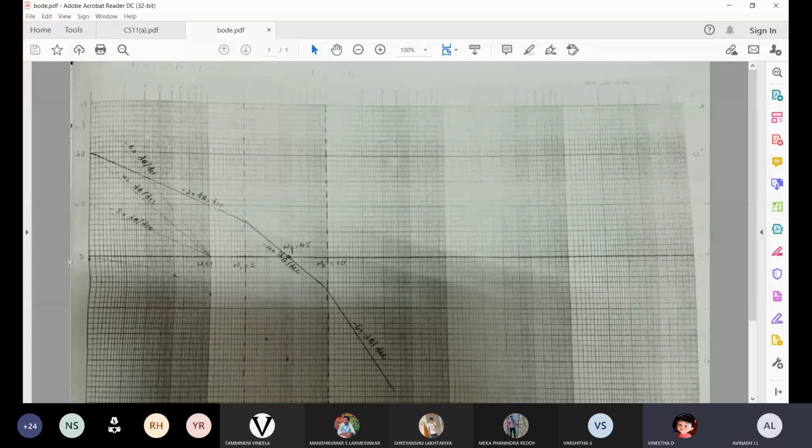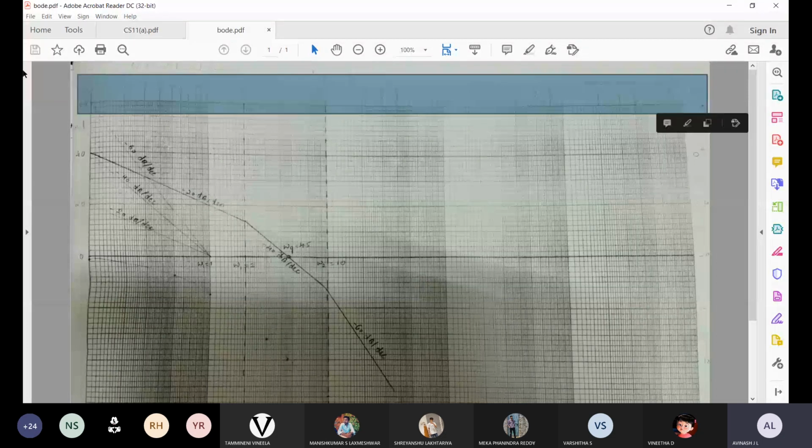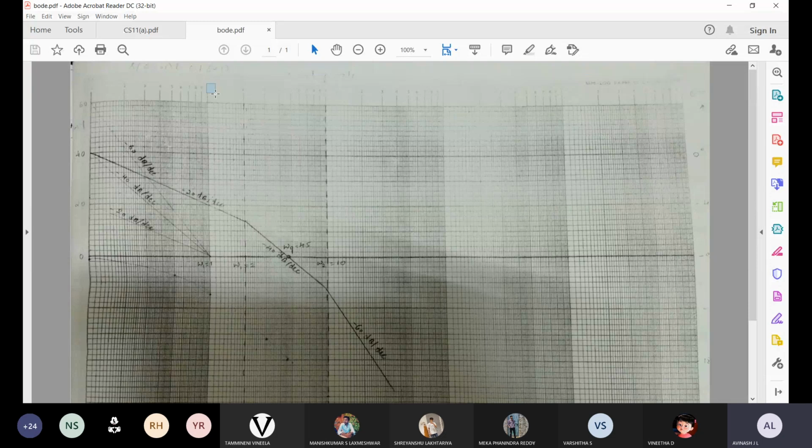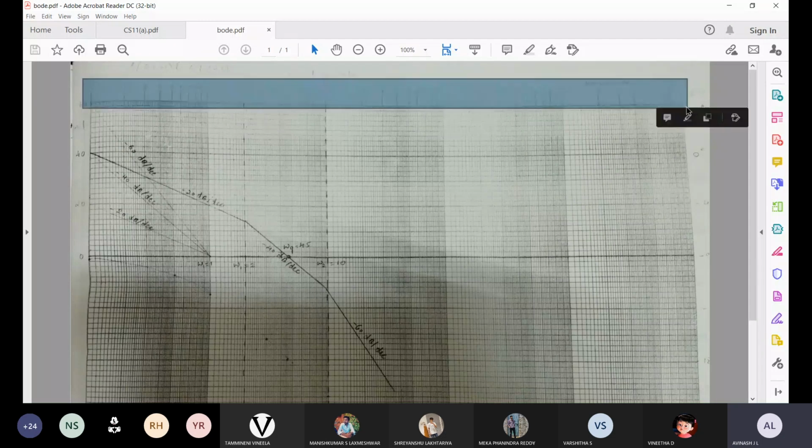Okay. So here in this semilog sheet, you can see on the top they are given 1, 2, 3, 4, 5, 6, 7, 8, 9, 10. After that 9, they have started with 1 once again. Here once again 2, 3, 4, 5, 6, 7, 8, 9. After that once again 1, 2, 3, 4, 5. Like this it keeps on going. So this is the semi-logarithmic sheet.